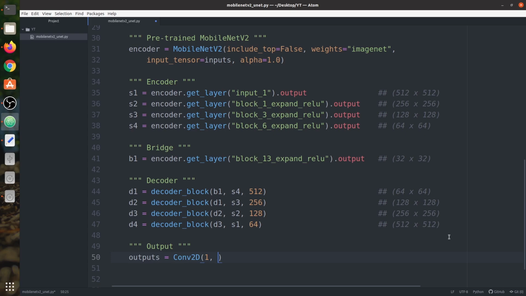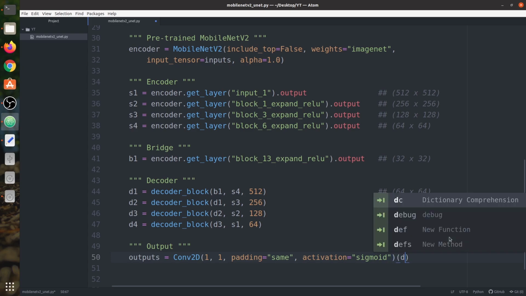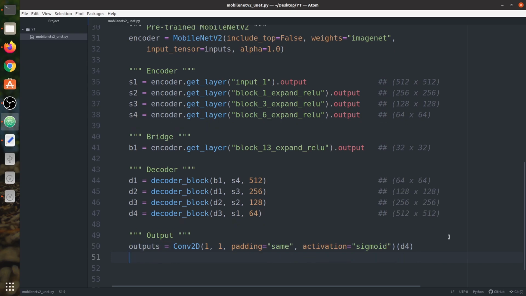The kernel size is 1 by 1, padding equals same, and the activation function would depend upon the type of segmentation you are doing. If it is binary, it would be sigmoid, and if it is multi-class, it would be softmax. So here we are doing binary segmentation, so activation would be sigmoid and input would be D4.